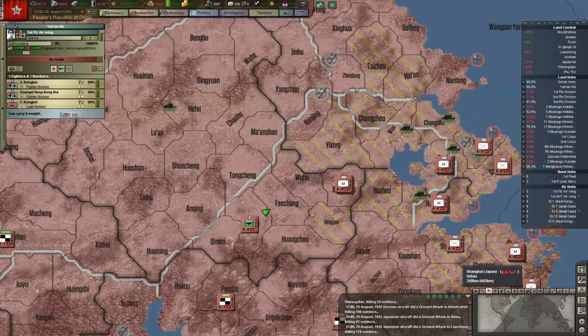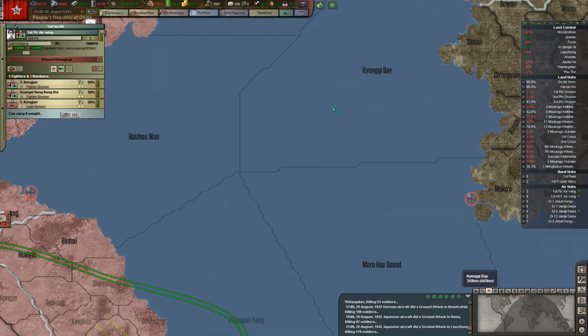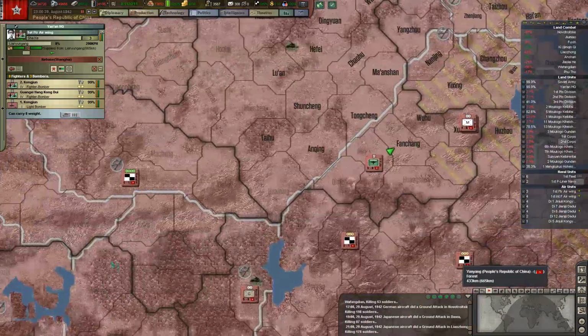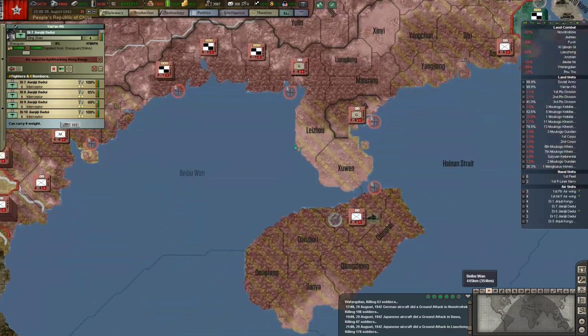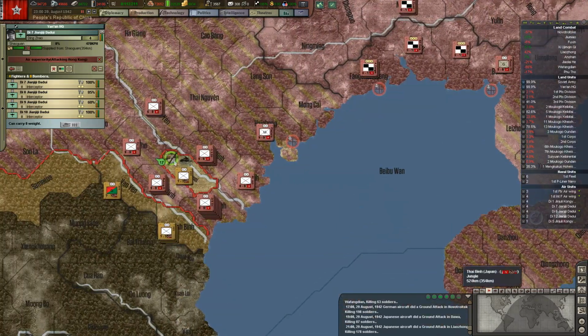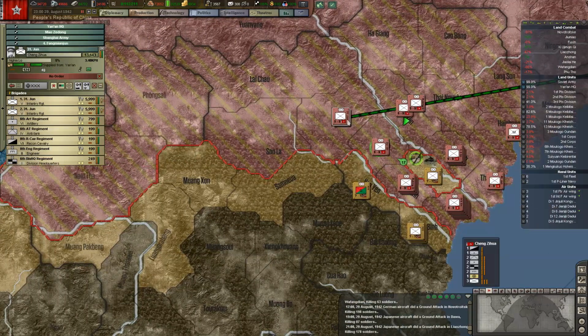We can move these to Shanghai. From there they can start maybe doing some naval bombardment or something like that, although they probably won't be very efficient in that. And we've got these interceptors that we could move. No, you stay there, you move. If we could...